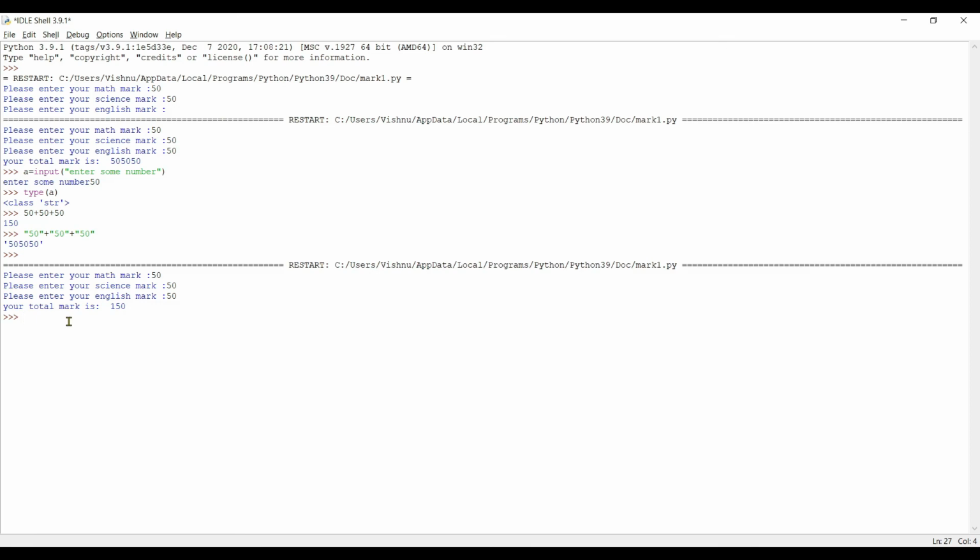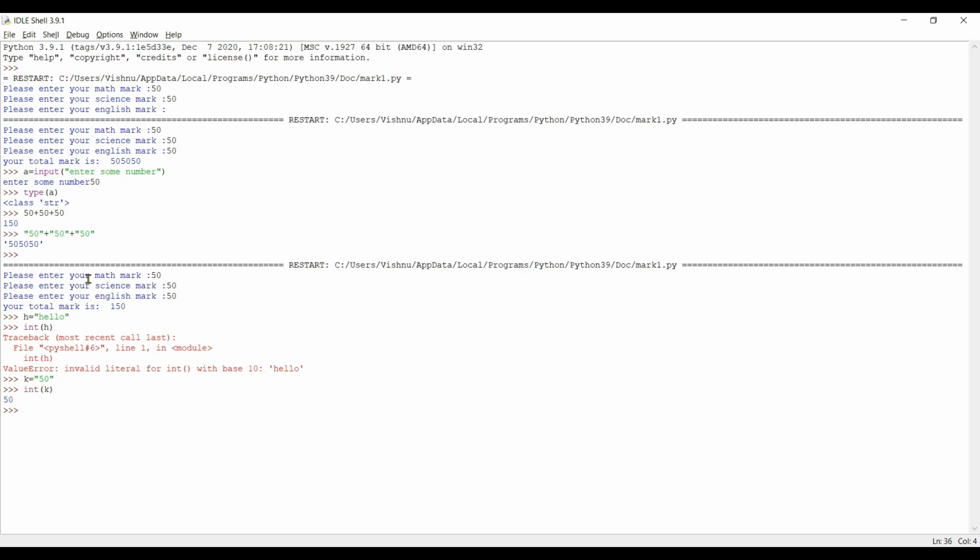For example, I am creating a variable h and I am storing a word hello into it. Now I'm trying to convert this word hello into integer. Let's see what happens. Integer of hello. We are getting error. Let's look at another example. I'm creating a variable k and I'm assigning string value of 50 into it. Now I'm trying to convert this k into integer value. Let's see what happens.